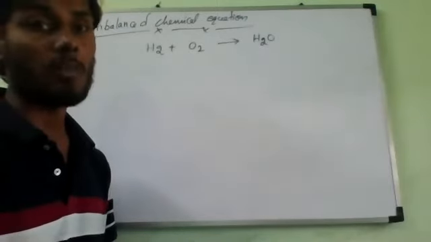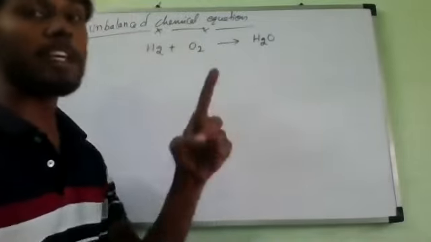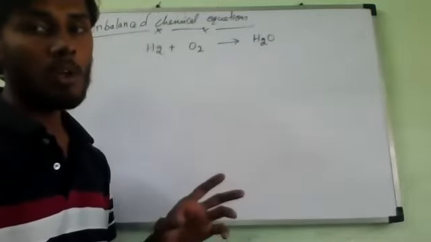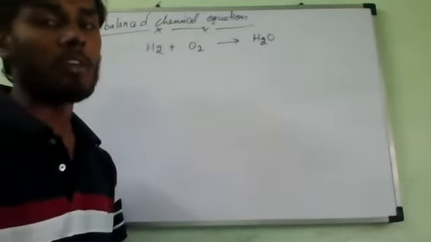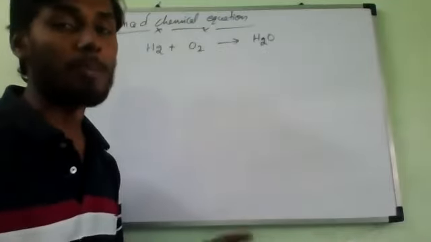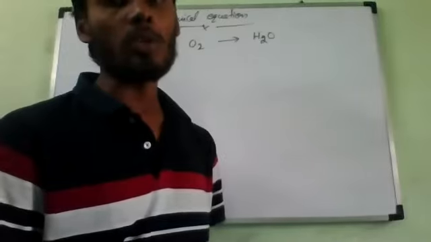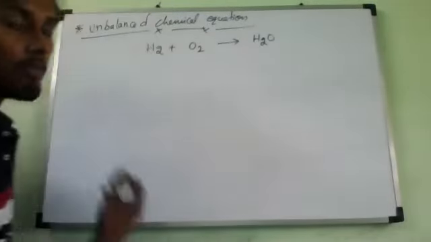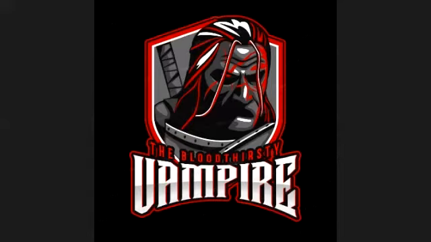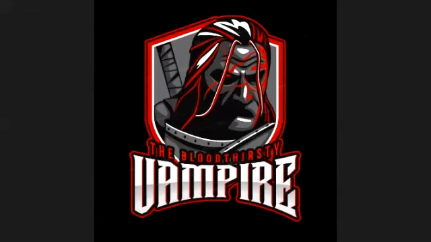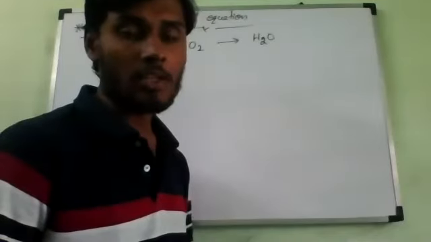And also we know that the number of various types of atoms in the reactants must be equal to the number of the same type of atoms in the products. So by remembering this, chemical equations must be balanced to satisfy the law of conservation of mass in a chemical reaction. That is why we are going to do the balancing of chemical equations. For all the unbalanced equations we need to balance them. We have to balance them. There is no other option.